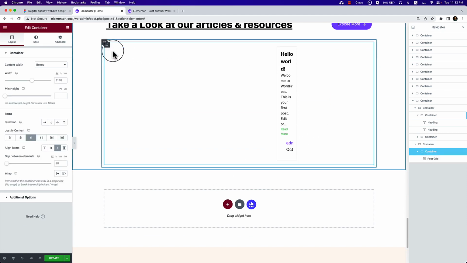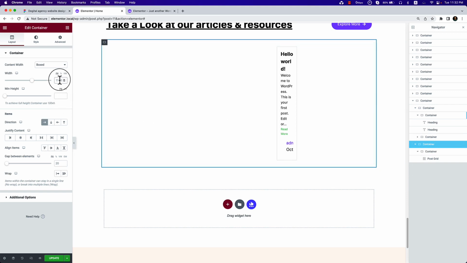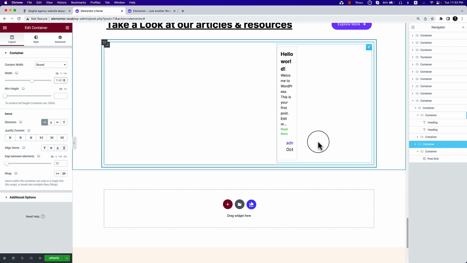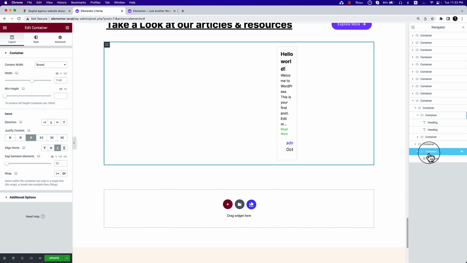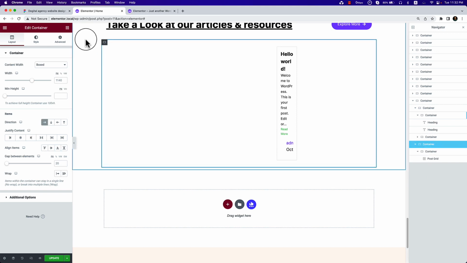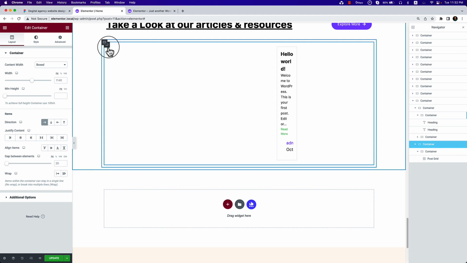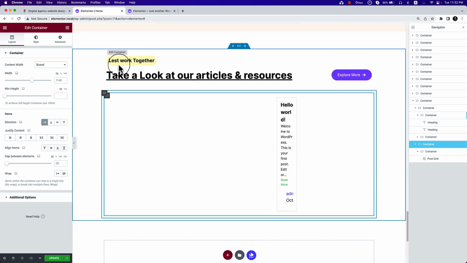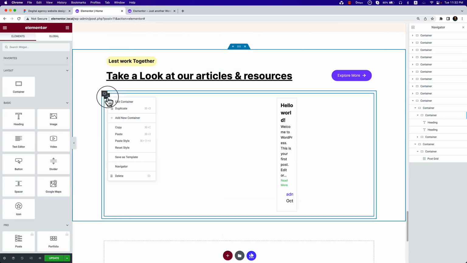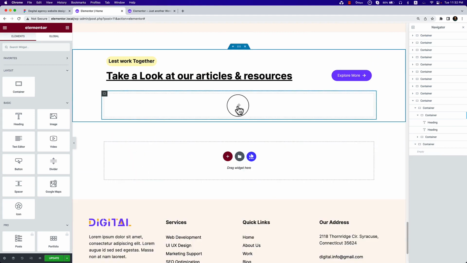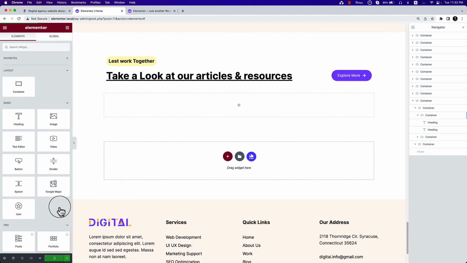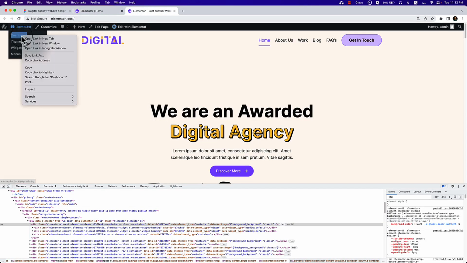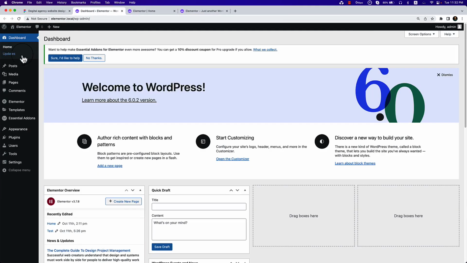Why does it look like this? Because we have just copy pasted. There are a couple of things that I have to change. Let's remove here, and inside the container there are two containers. No need to use two containers here. Let's update this one as of now and go to our editor dashboard and publish 2 blog posts here,